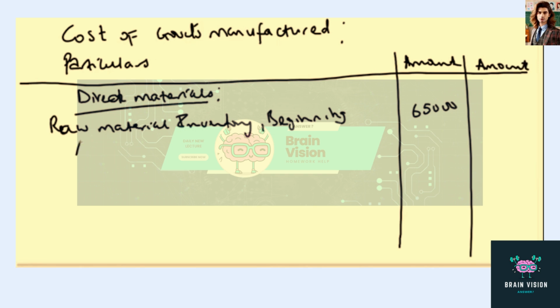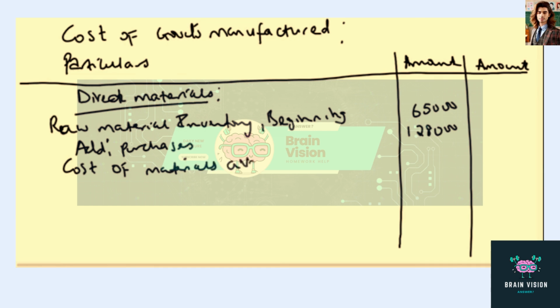Then the next thing is to add purchases. And that is 128,000. And then the next thing would be the cost of materials available for use. And that will be the addition. So that will be 193,000. And then we'll subtract